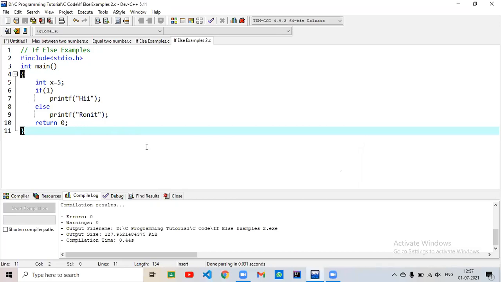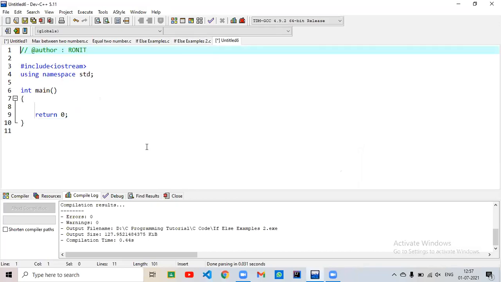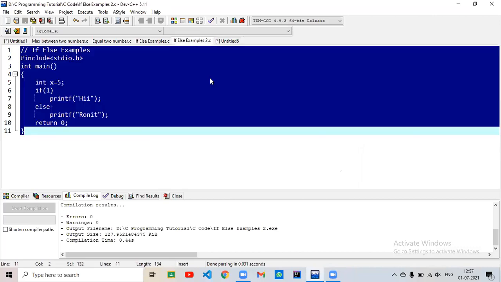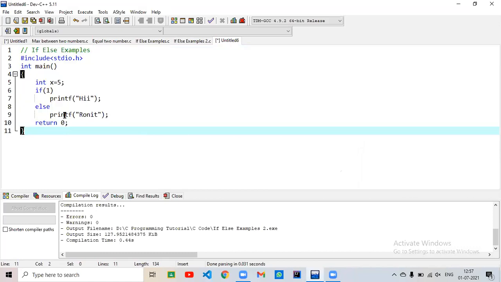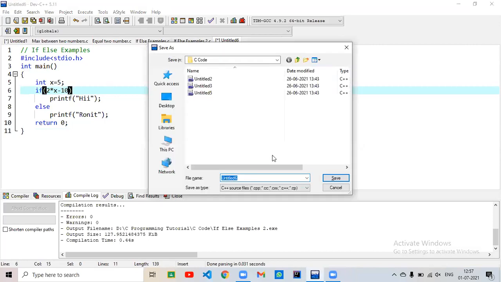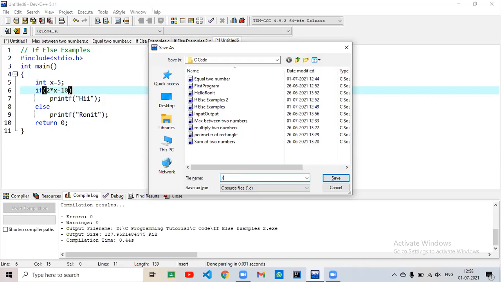So moving to our next program. Suppose 2 into x minus 10 is here. Now say what will be printed here? It will print Ronit.